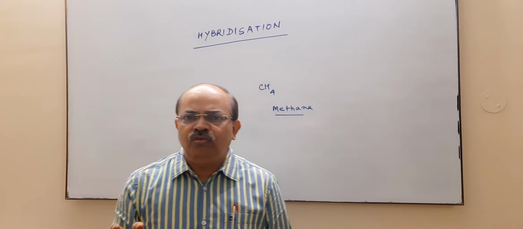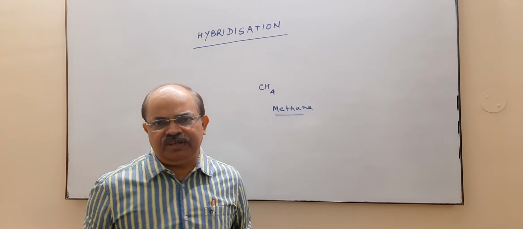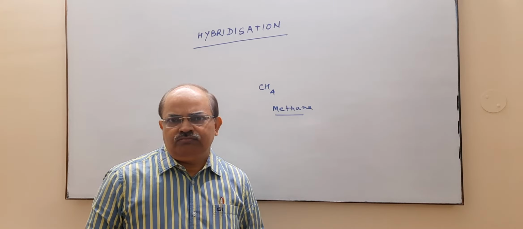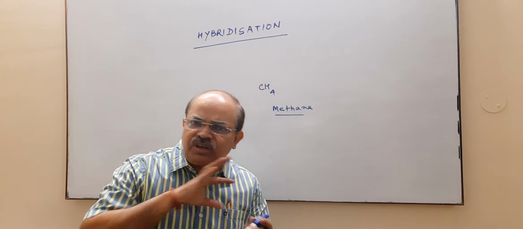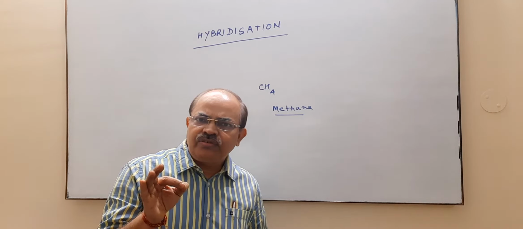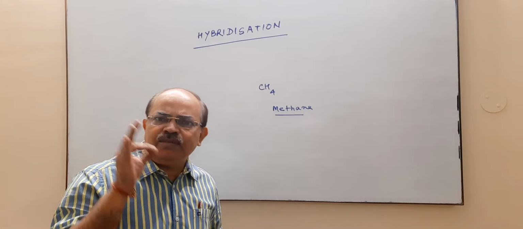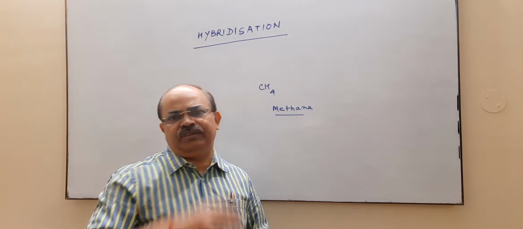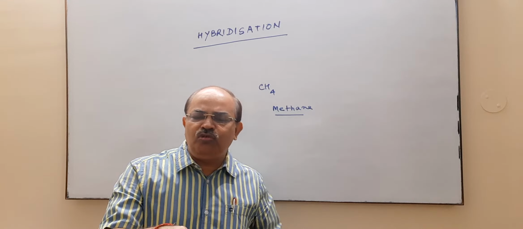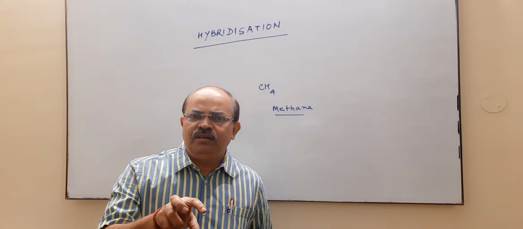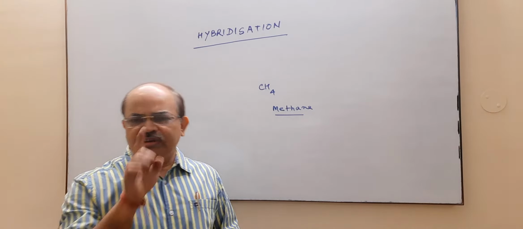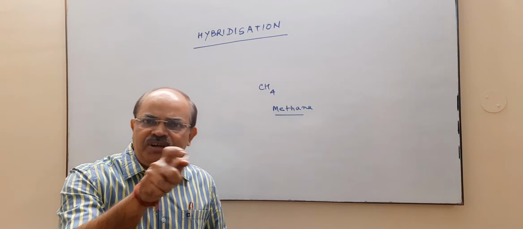Suppose somebody asks you, what is the hybridization of methane? Actually this question is wrong. This sentence is not correct. The correct question is, what is the hybridization of carbon in methane? तो कहने का मतलब ये हुआ कि किसी भी कंपाउंड में, किसी भी मॉलिक्यूल में हम किसी भी पर्टिकुलर एटम का हाइब्रिडाइजेशन पढ़ते हैं। तो इस मीथेन में हम कार्बन का हाइब्रिडाइजेशन पढ़ते हैं।